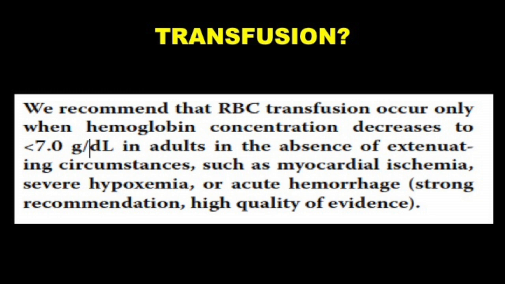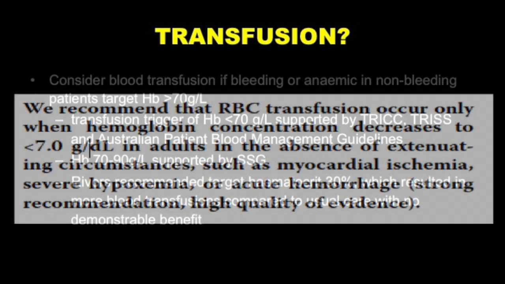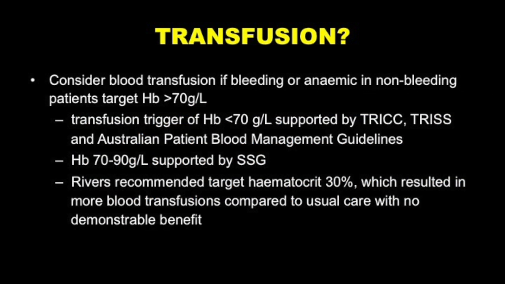In a setting of sickle or malaria or what. The transfusion trigger of 70 is supported by several studies, TRICC being one of them, TRISS, Australian Patient Blood Management Guidelines. Surviving Sepsis supports a slightly higher threshold, but